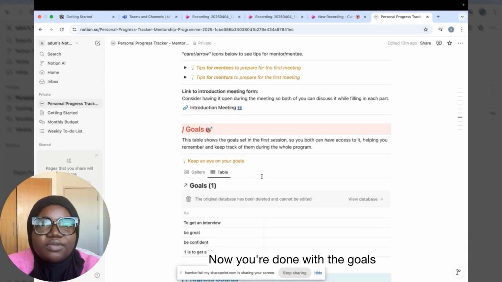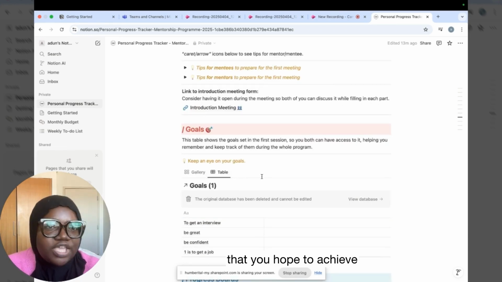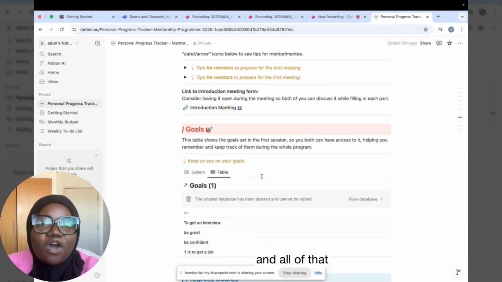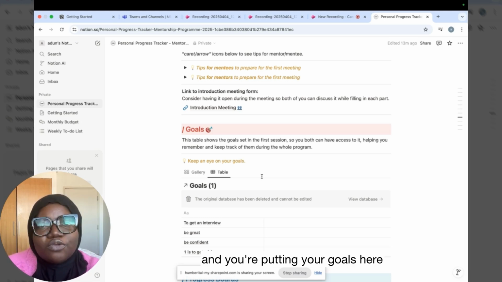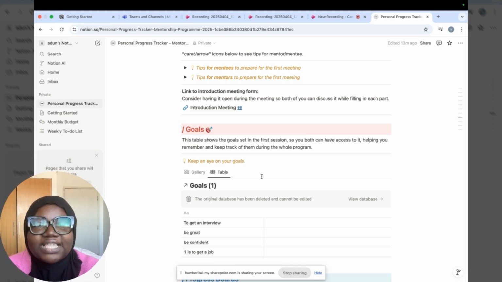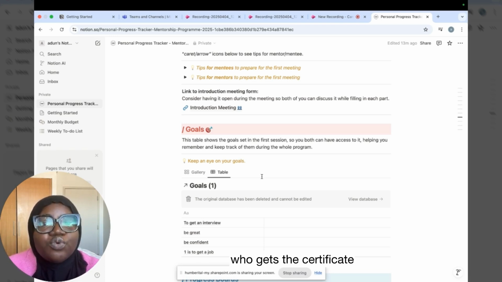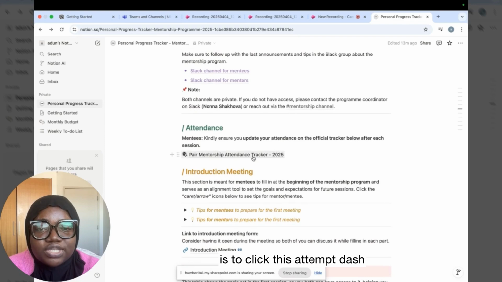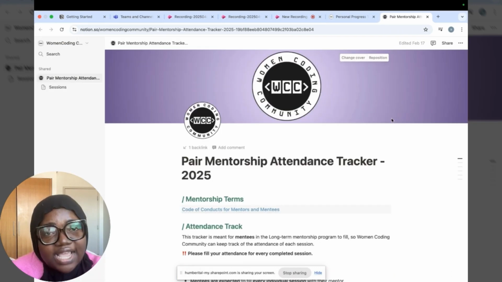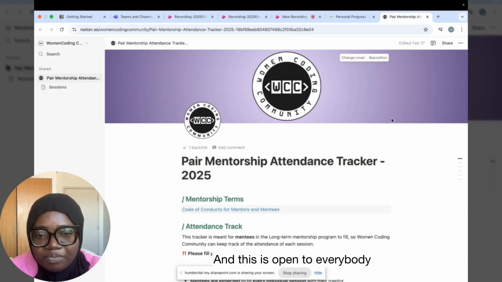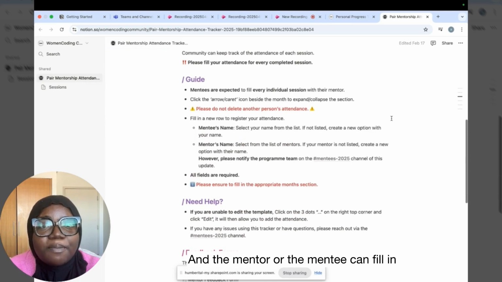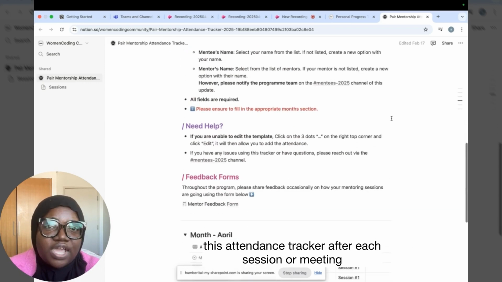Now you're done with the goals, with the actions that you hope to achieve and all of that, and you're putting your goals here and you're done with the meeting. The next step, this is very important, and this will determine who gets the certificate, is to click this attendance tracker, and this is open to everybody, and the mentor or the mentee can fill in this attendance tracker after each session or meeting